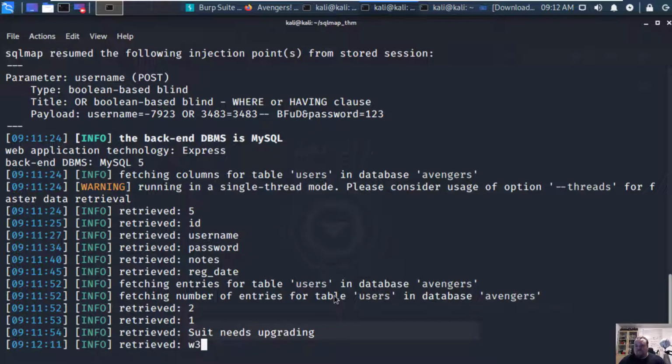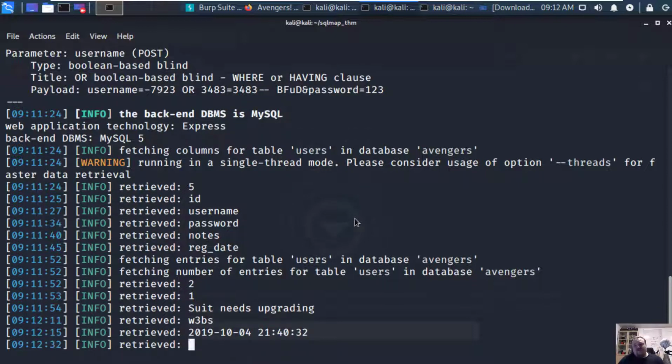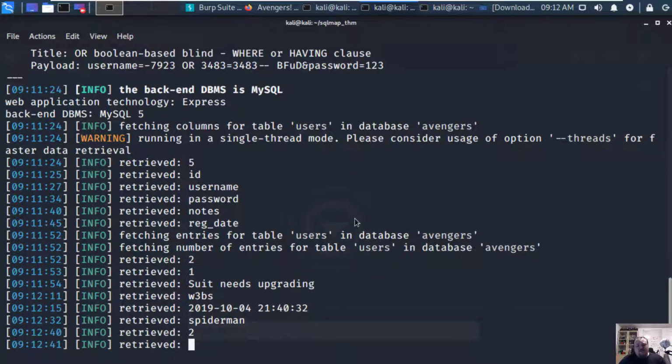Okay. So we are retrieving a lot of things, and this is taking its time. Probably because it's some technique that requires some time. There are different ways to do SQL injections that are like union based and blind and error based and stuff like that. It just takes the time, and depending on that, you know, it